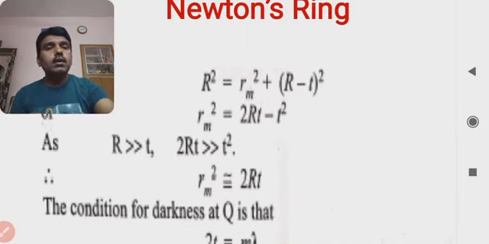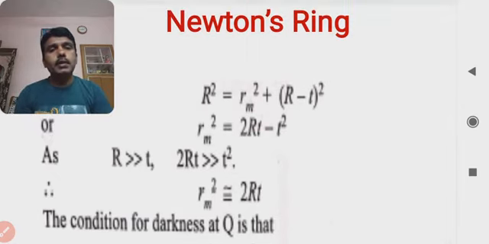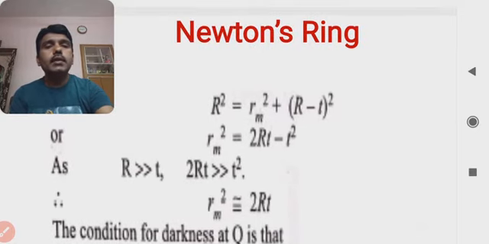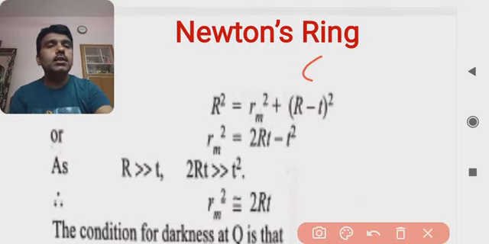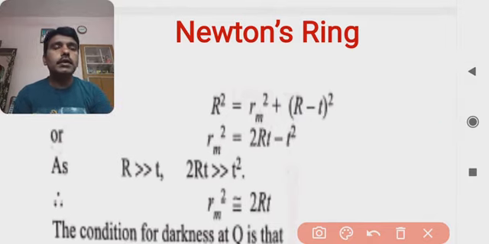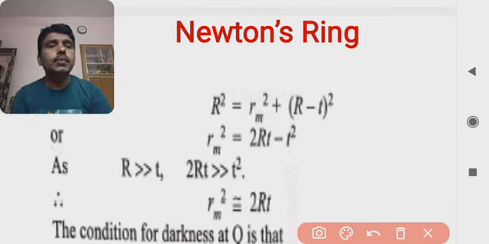Now putting these trigonometric relationships, considering the sum relationships, if you look at this (R − t) whole square. A trigonometric relationship we know in general mathematics: (a − b) whole square is nothing but a square minus 2ab plus b square. So putting this into this relationship, what we have is R square is equal to